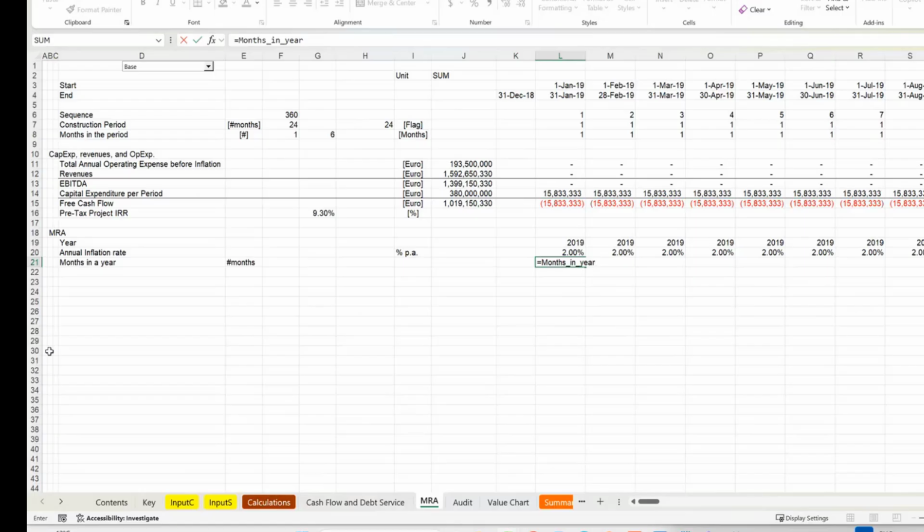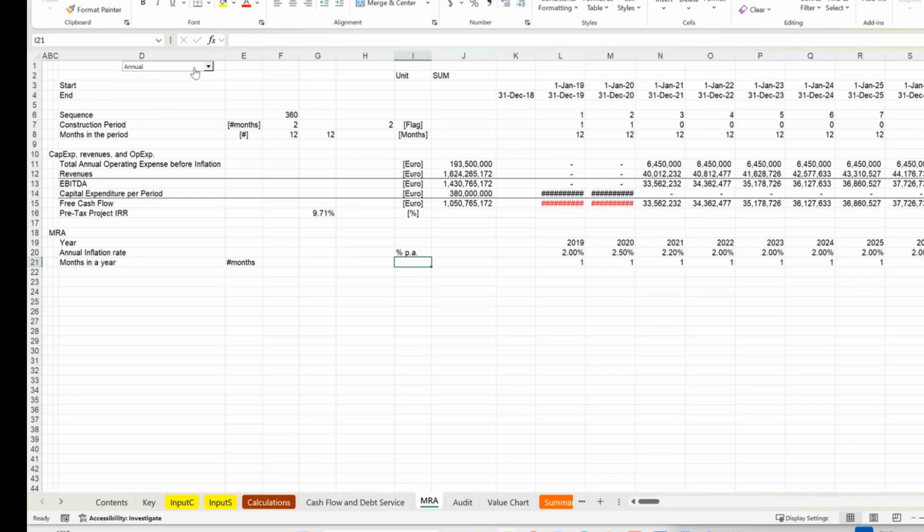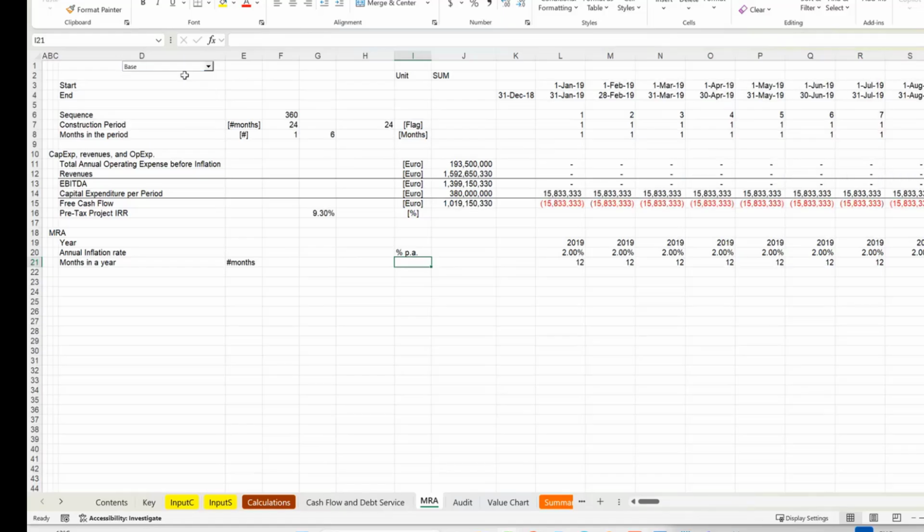Okay, months in a year. Right. And divide that by the months in period up in line 8. So now it's going to take 12 months to make a year. Okay, and then if you switch the little drop down box to annual, then it's just annual. And if it's base, go up to the base. And then if you go forward on that one to the construction period,